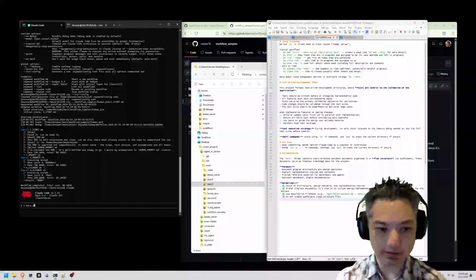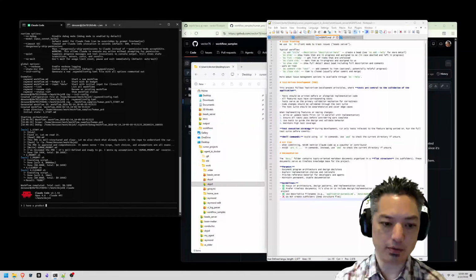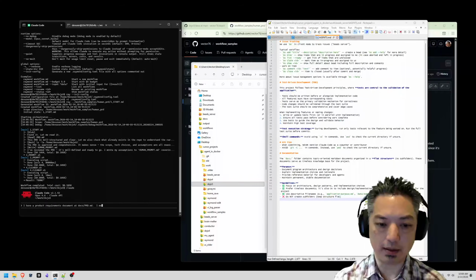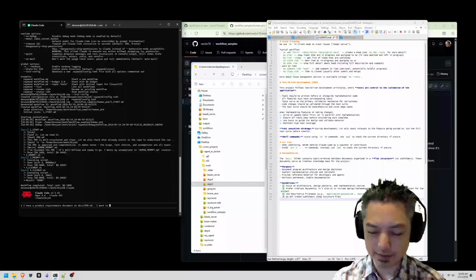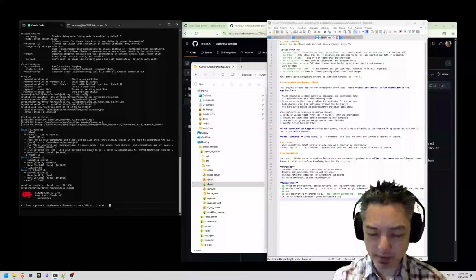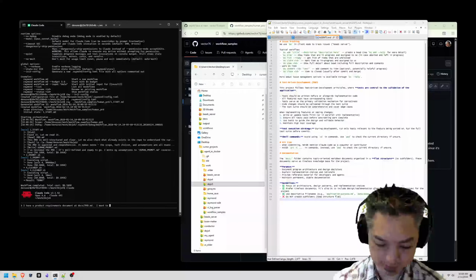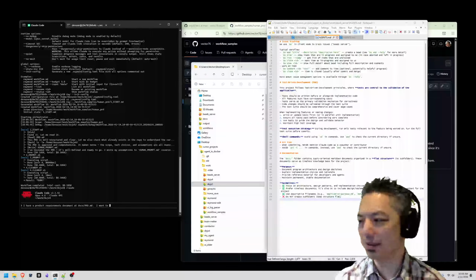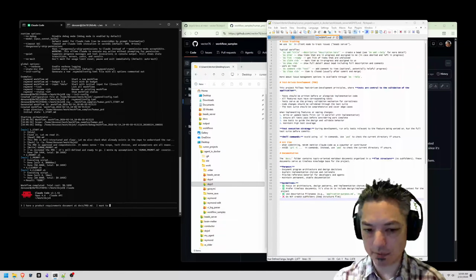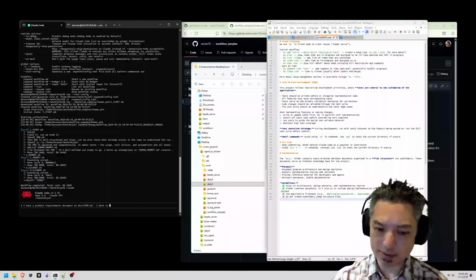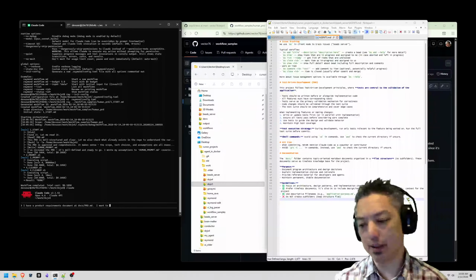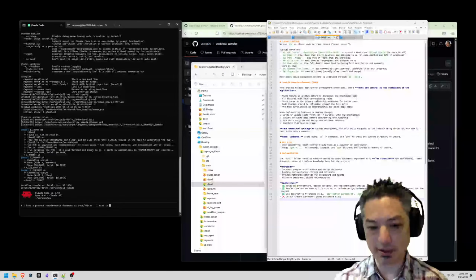Okay, so I have a product requirements document at docs.md. The way to go from PRD to plan to tasks is something I haven't fully figured out. So this part of the experiment is to see what the best way to do that is. I'm going to take the PRD, generate an implementation plan, and then refine the implementation plan, have it check for inconsistencies, see if there's a better way, do that again and again a few times, and then